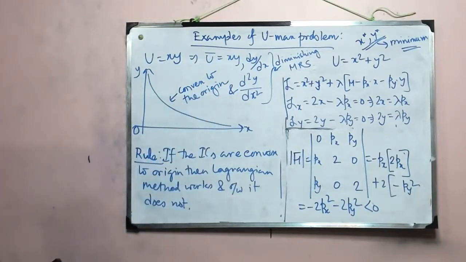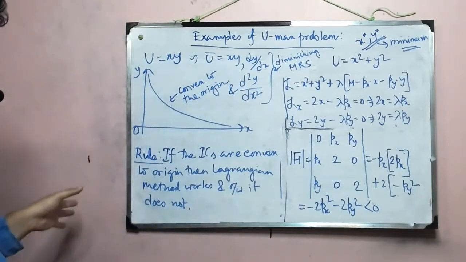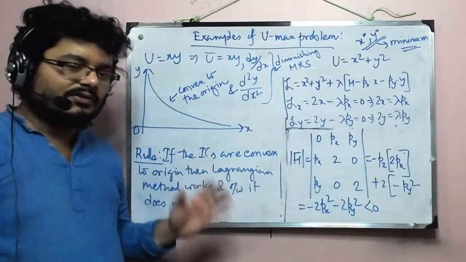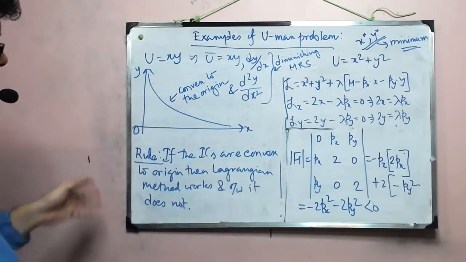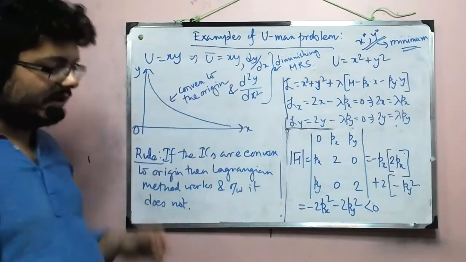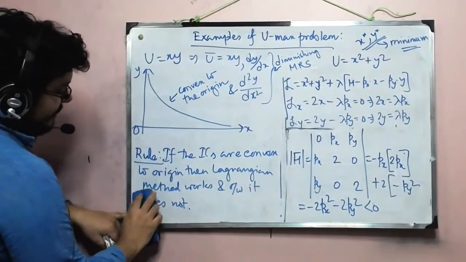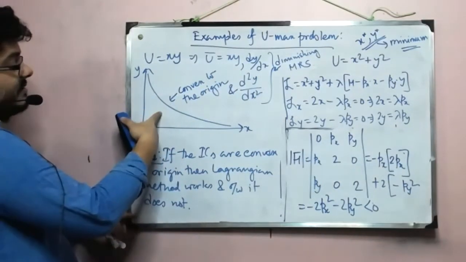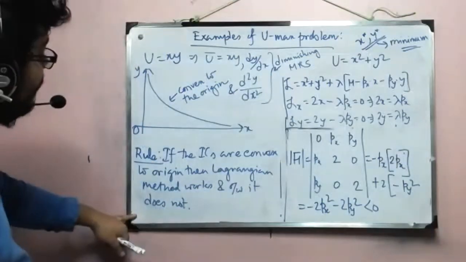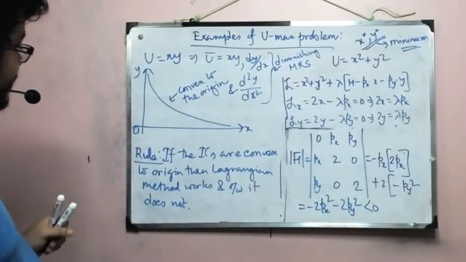Now, for some functions, we readily know that they're convex to the origin, and one of them is obviously Cobb-Douglas. And so if we have a variation of Cobb-Douglas, then we know that we are dealing with a convex to the origin function, and we know that Lagrangian is useful. Now, what about this one? What about u equal to x square plus y square? Now, remember, what I'm talking about is strictly convex to the origin. Okay. So we'll come to what happens when the function is not strictly convex.